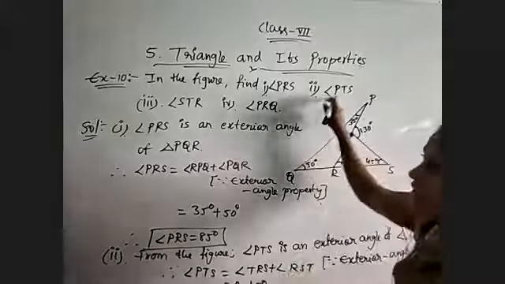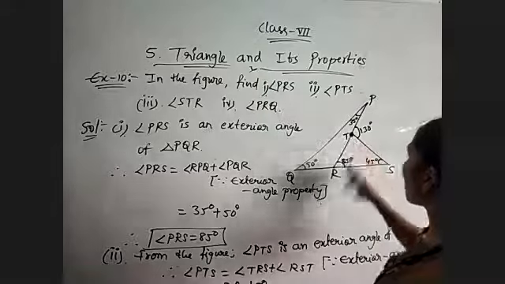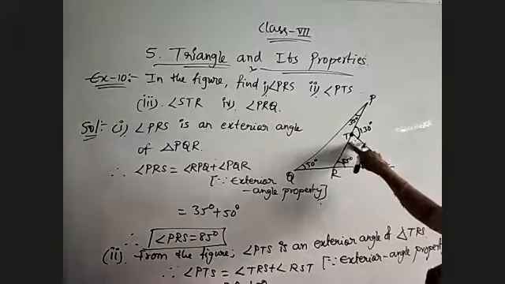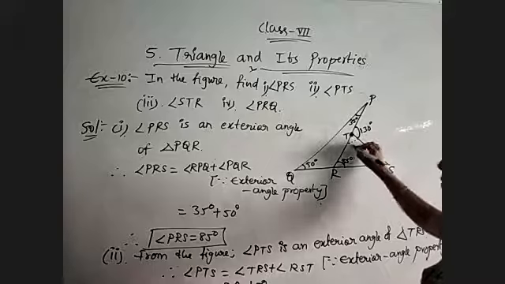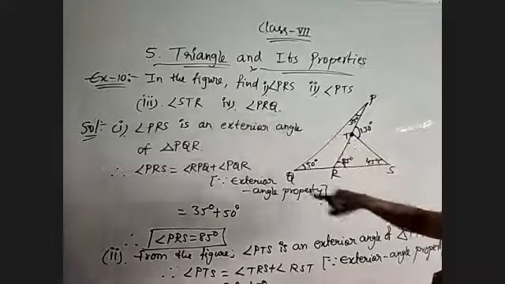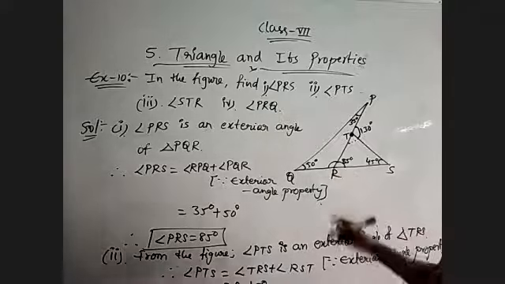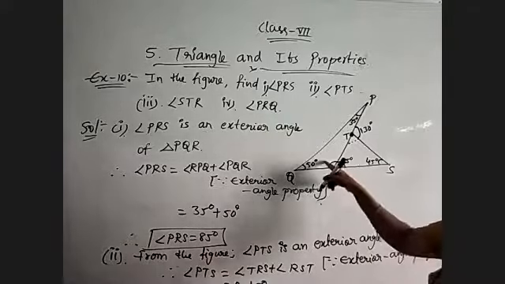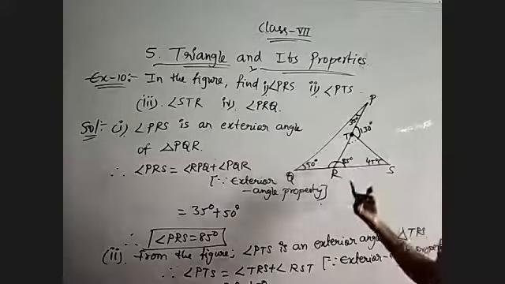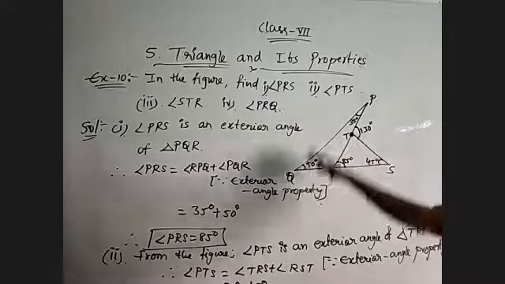Now two questions are finished, and for the third problem, angle STR they are asking. This side we have to find. Observe these two are a linear pair. Otherwise use the angle sum property, you will get this value. So linear pair: 130 plus 50 equal to 180. So here we will get 50 degrees. And for the fourth question, PRQ, same. Here also we can use either linear pair, otherwise the angle sum property. So 180 minus 85. Otherwise 50 plus 35 plus this angle is equal to 180. Like that also we can do, no problem. Okay, first let us finish these two. After that the remaining two we will discuss.